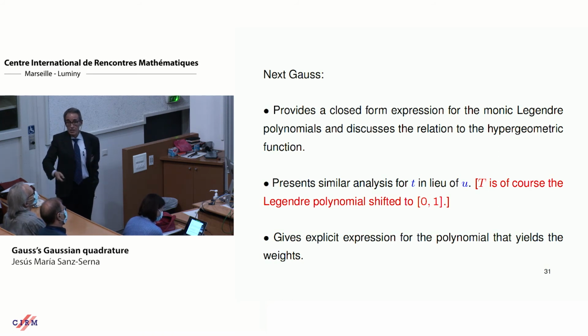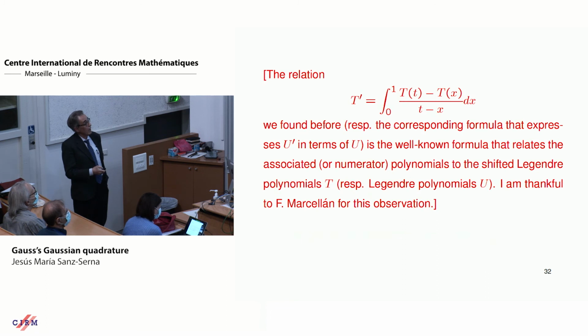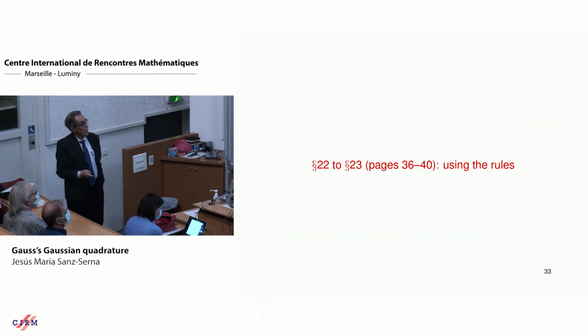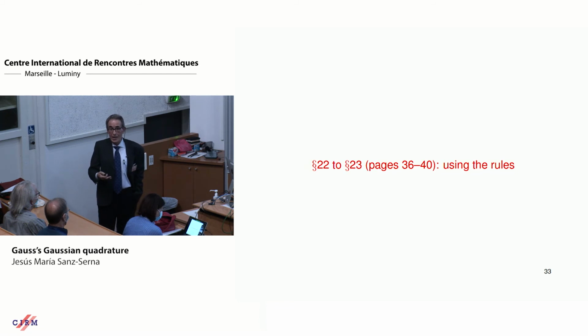Then he repeats the whole analysis with the variable t replacing the variable u, and then he gives explicit expressions for the polynomial that yields the weights. And now the last 4 or 5 pages are what really a numerically inclined person likes better in this